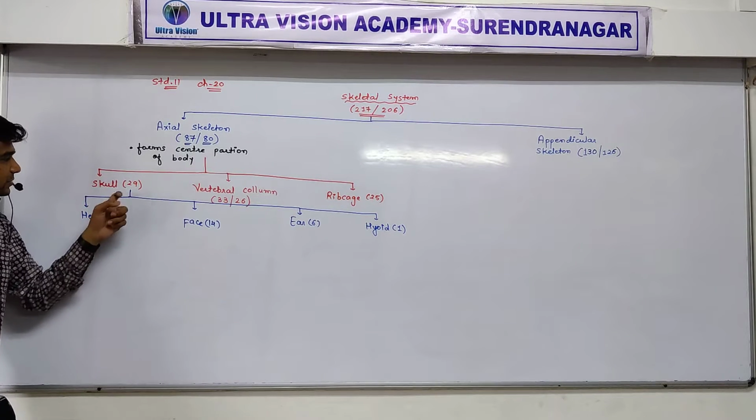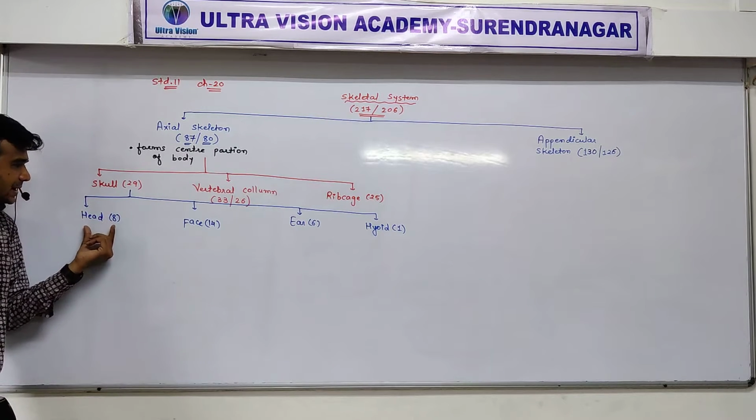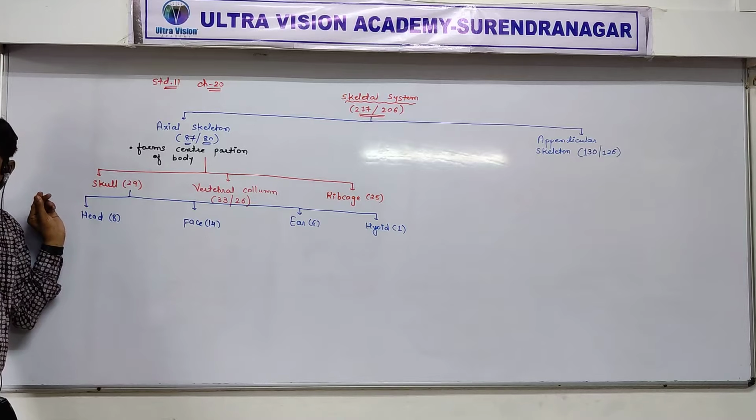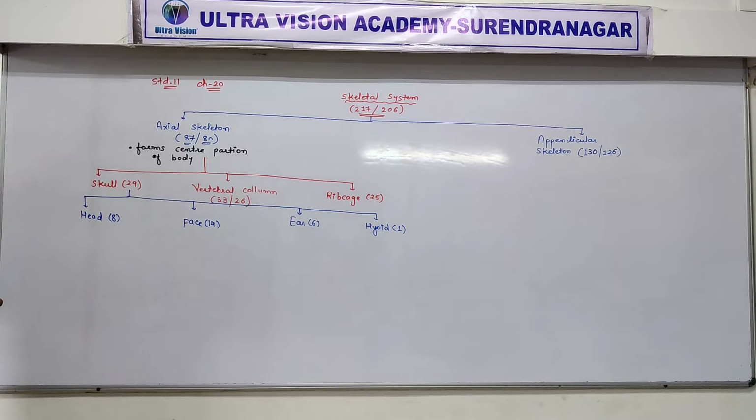So 29 bones are divided into 4 groups: head, face, ear and hyoid. One by one we will check it in detail. Head is made up of the 8 bones. Now I will give you the name of the bone, the number of the bone and the location of the bone. Name, number and location. You have to remember it. So, in the front of the head,